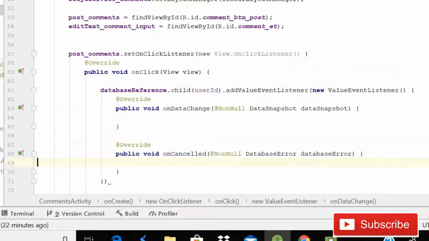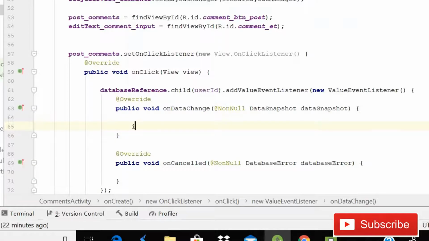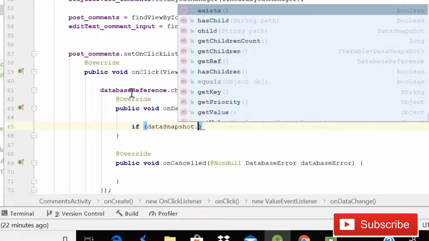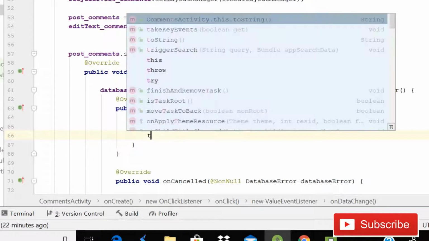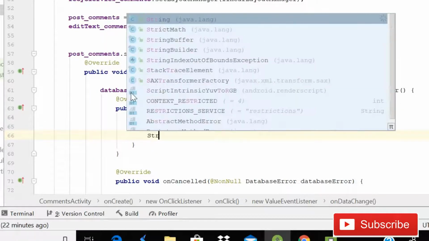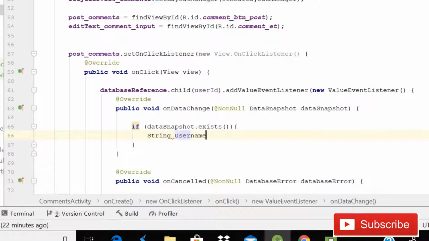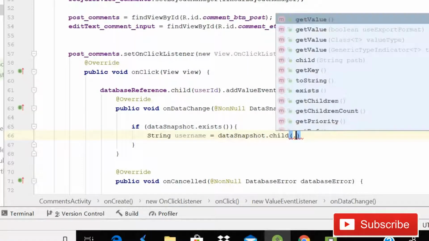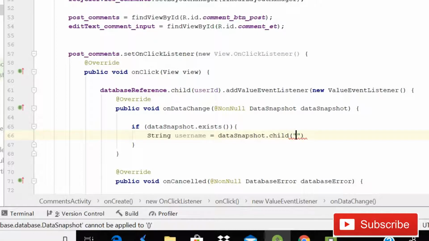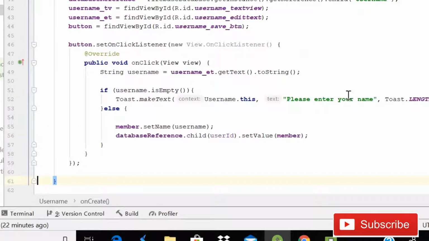Now inside it on data change, so first of all we will do a validation that if username exists or not. So simply write if data snapshot dot exist. So if there is a string exist, so simply write string that will be username equals to data snapshot dot child, child will be name, and make sure this child should be same as